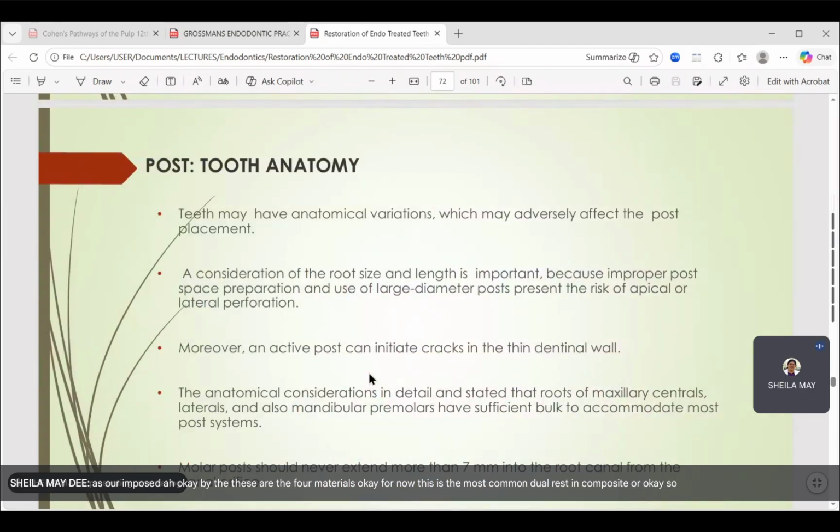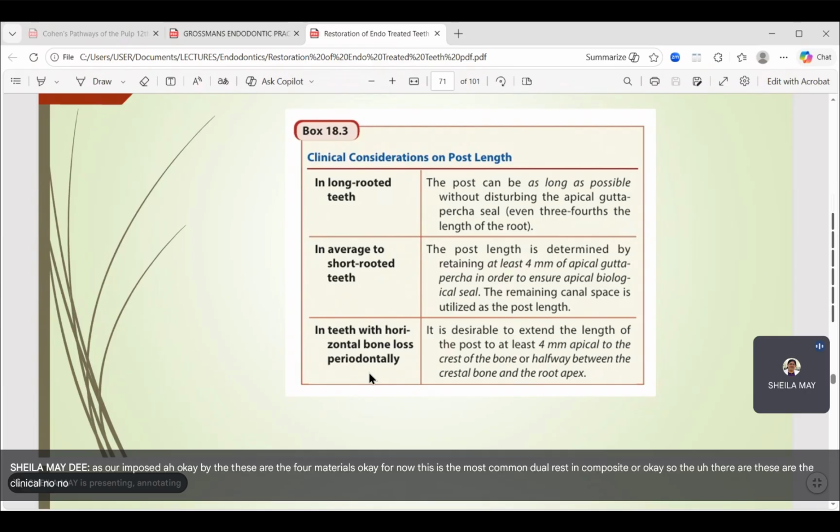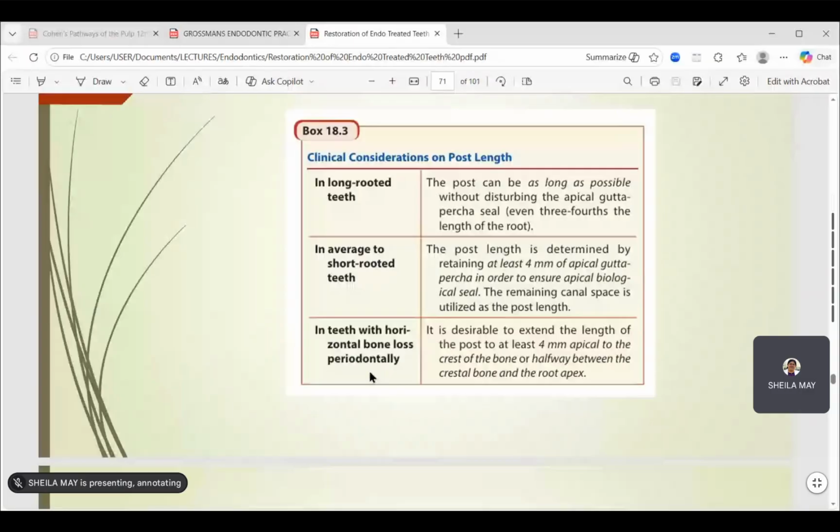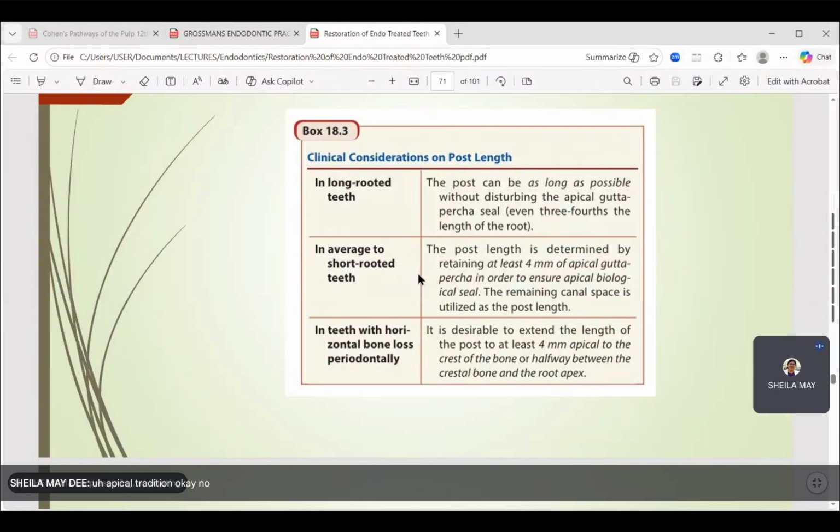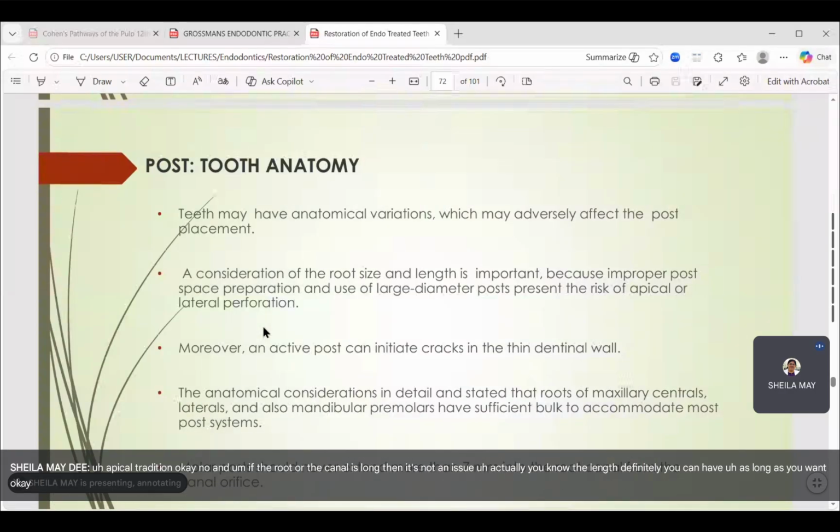Okay. So, these are the clinical considerations for post length. Apical obturation. Okay. And if the root or the canal is long, then it's not an issue. Actually, of the length, definitely you can have as long as you want. Okay. Now,